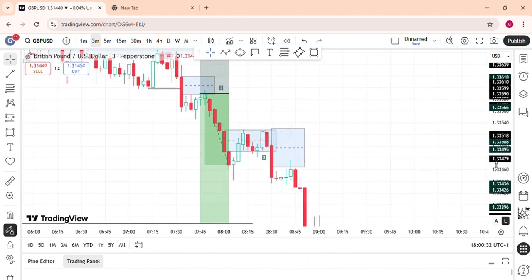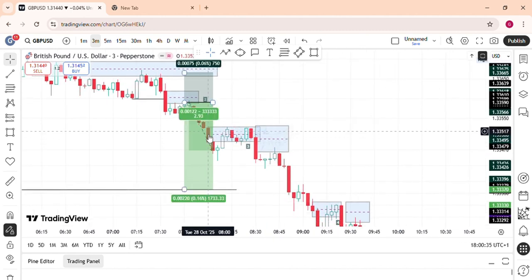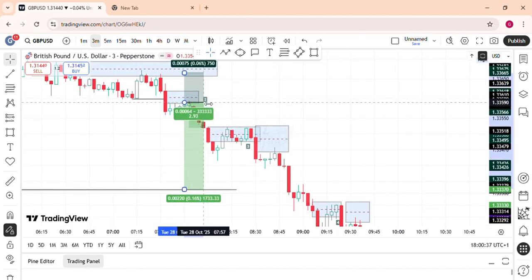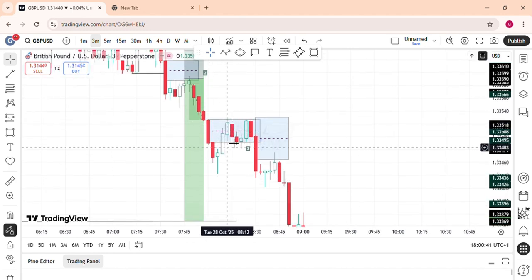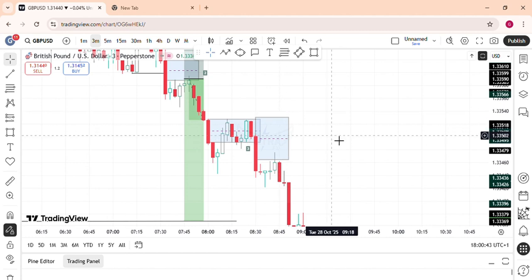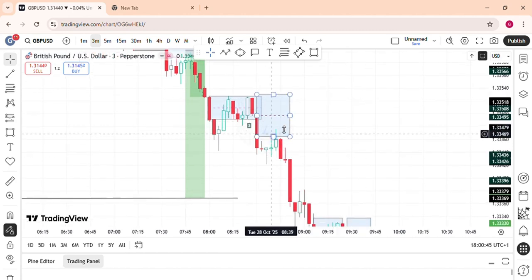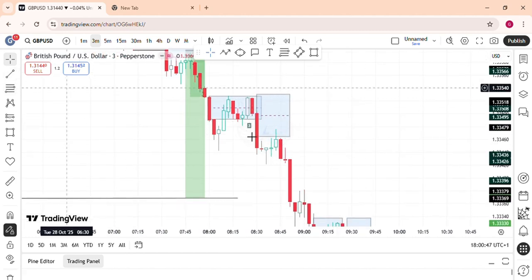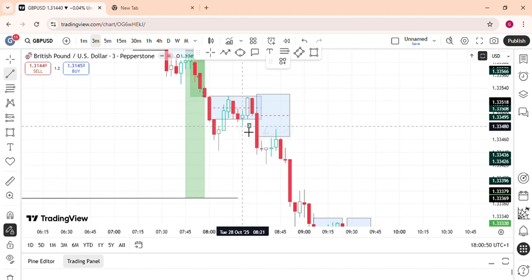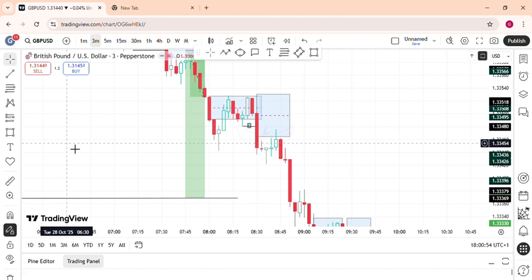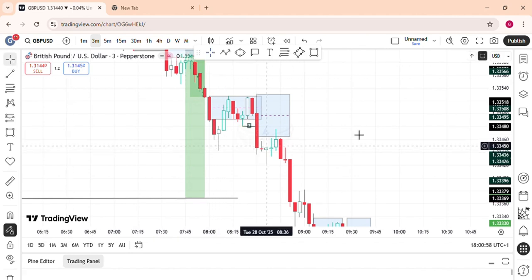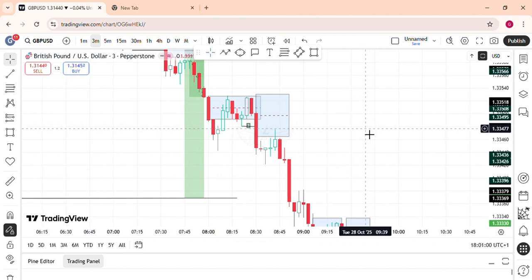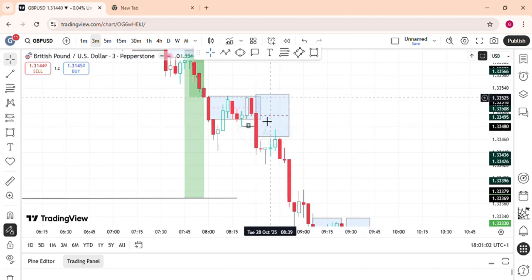Let me put this to the side. We have a fair value gap, the market tapped into it, and tried to break away from it a couple of times. So we have a newly formed fair value gap after this break of structure. You have a break of structure here. You also have a break below this previous low here. And the next thing we would look for is our fair value gap. As you can see, our fair value gap has been cited from here to this spot.